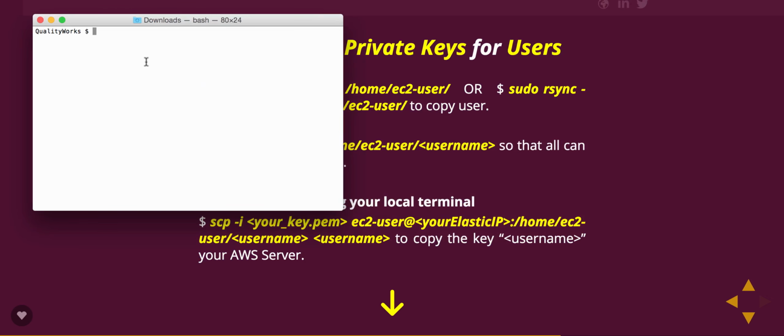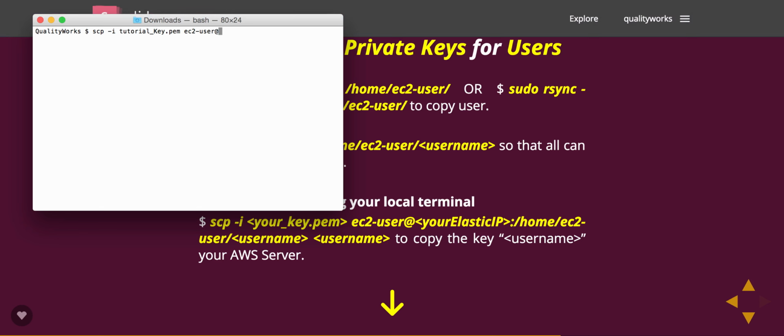So you'll just want to scp and -i to state the okay, we'll use the key, the private key for the administrator, and we'll do